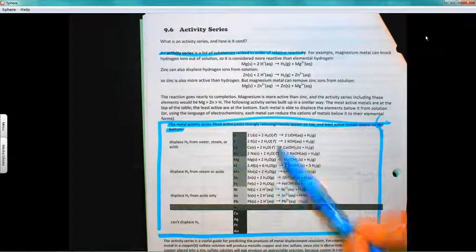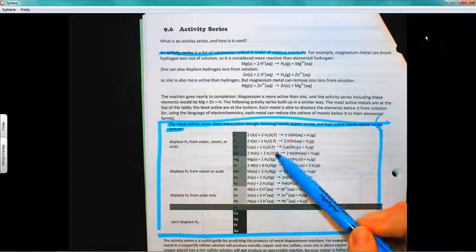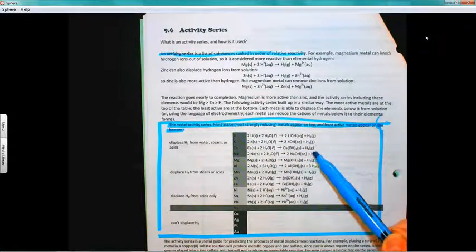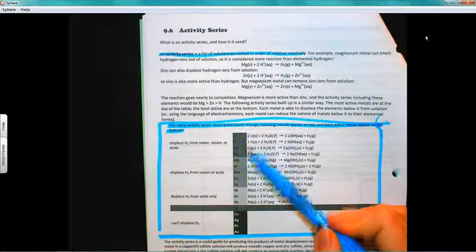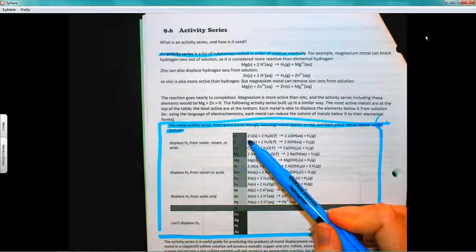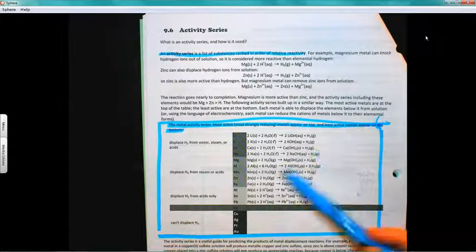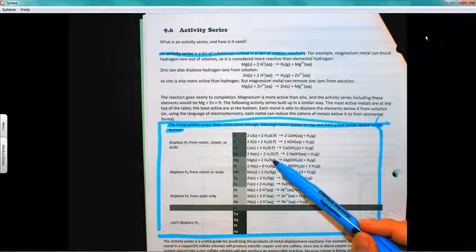So these things react very violently. They produce these bases and hydrogen gas and get hot and can be very explosive. So these are not found in nature. They're stored in oil in a container, and they're extremely hard to get because you have to have a special license to have them. The next ones here only react with steam or acids,